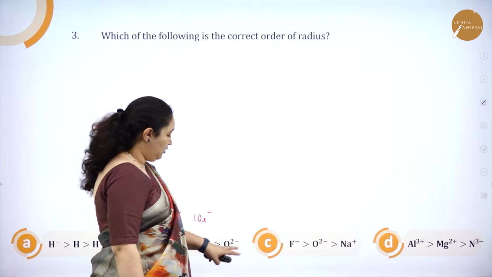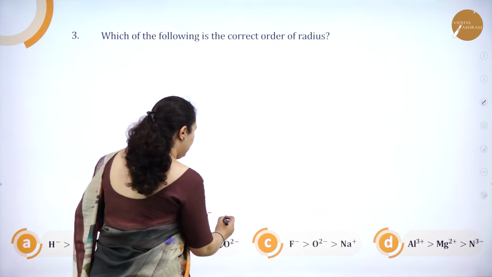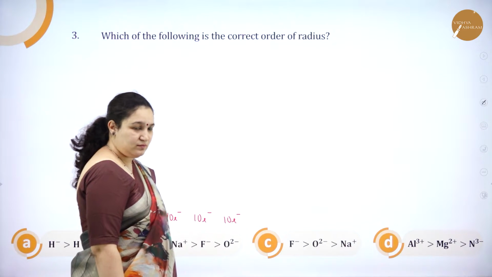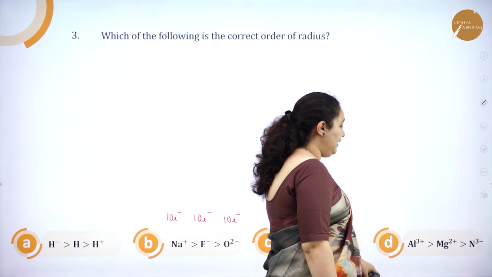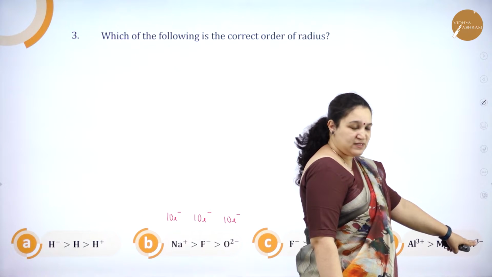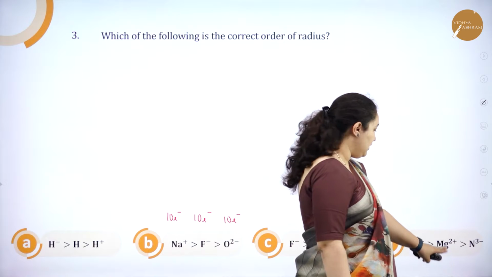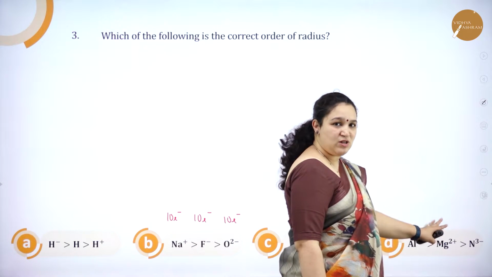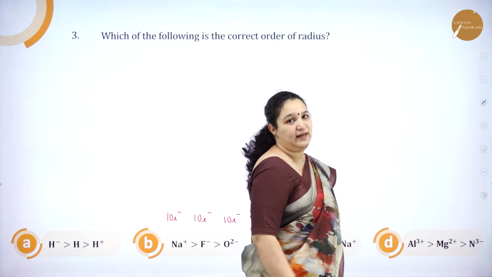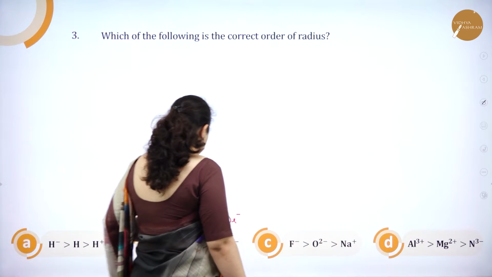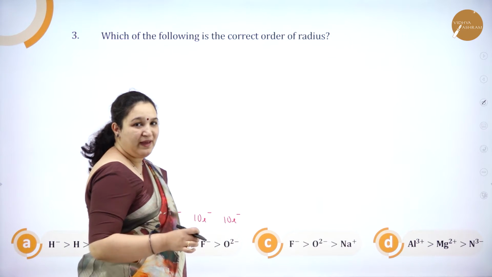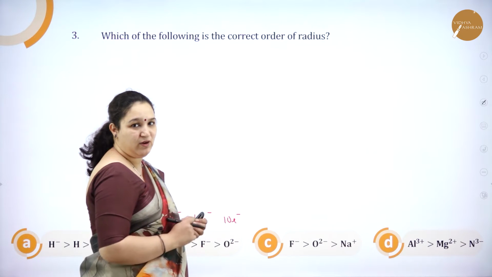Oxygen, atomic number 8, 2 extra electrons, plus 2. So again it is 10 electrons. So B and C are isoelectronic, correct? D, if you observe, these are also isoelectronic: nitrogen atomic number 7, plus 3 electrons, 10 electrons. Magnesium 12, remove 2 electrons, 10 electrons. Aluminium 13, remove 3 electrons, you have 10 electrons. So all these three, B, C and D, are isoelectronic, and option A is the parent atom with the anionic form and the cationic form.